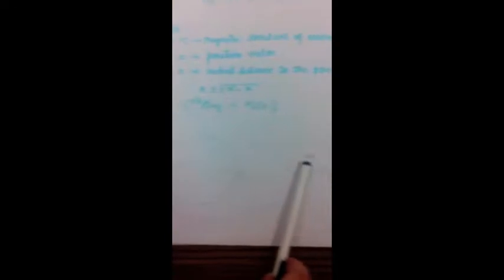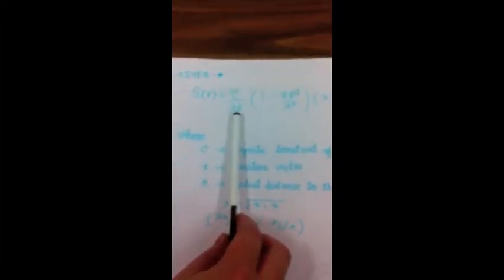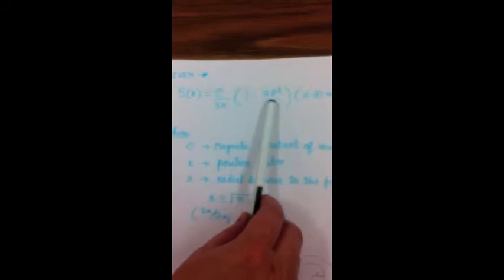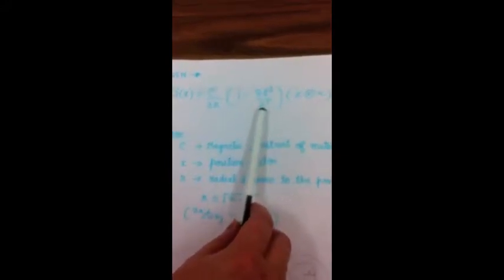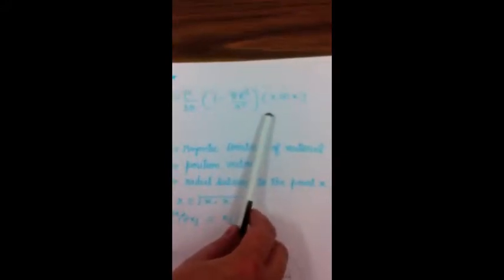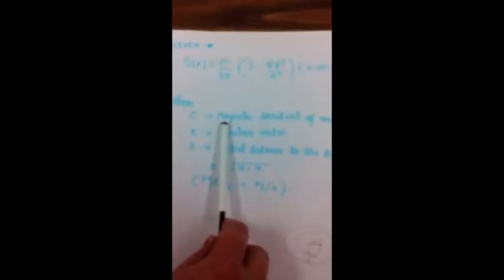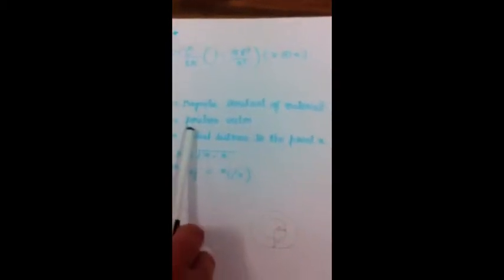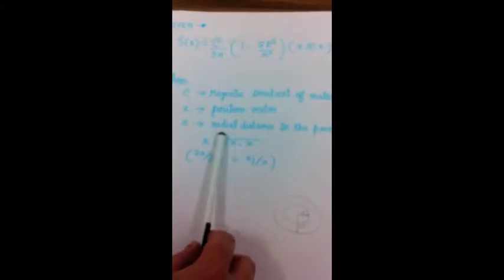This is the video solution for problem number 95 from the textbook. We're given a spherical shell with an inside radius of R and an outside radius of 2R, and the stress tensor of ρ over 3r times the quantity 1 minus 8R cubed over r cubed, times x tensor x, where ρ is the magnetic constant of our shell, x is the position vector, r is the radial distance